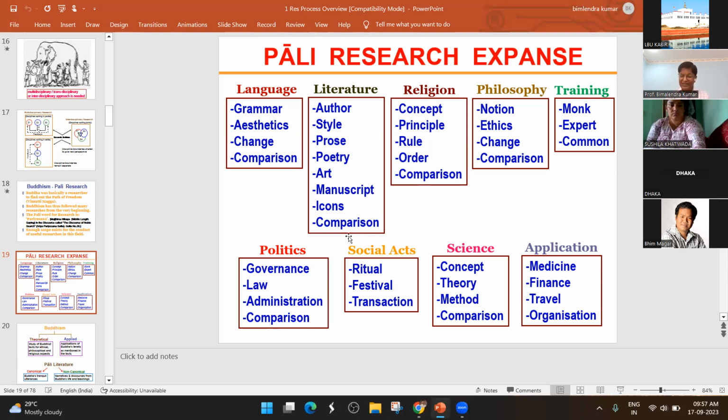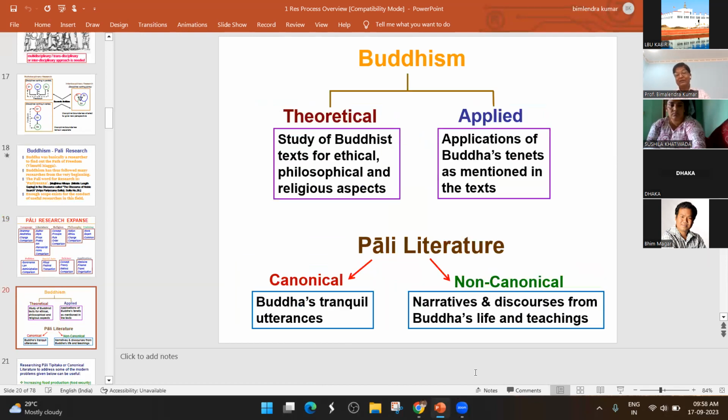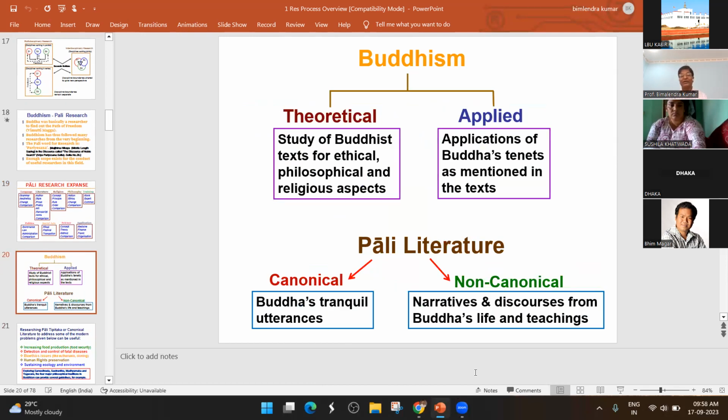There are some of the aspects related with the Raja Dharma, how the finances can be undertaken by a royal king, and how the travels, the Buddhacarika and others, how the organizations of the Sangha can be undertaken. So these are some of the aspects which are undertaken by our research. So these are the subjects, and I was talking about